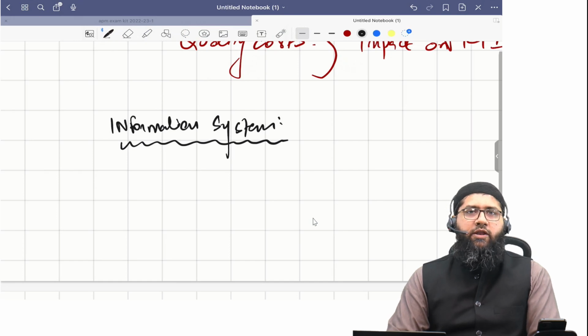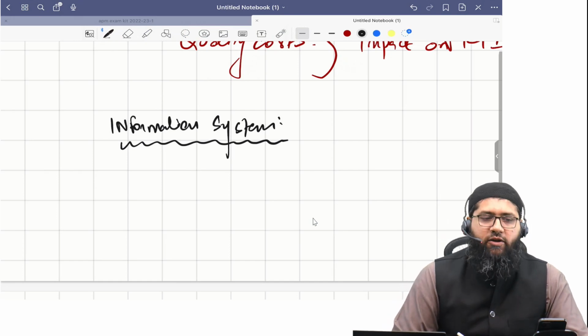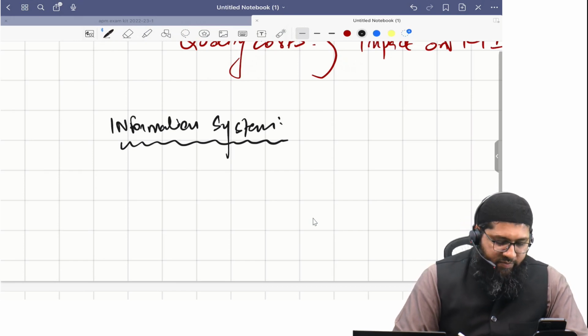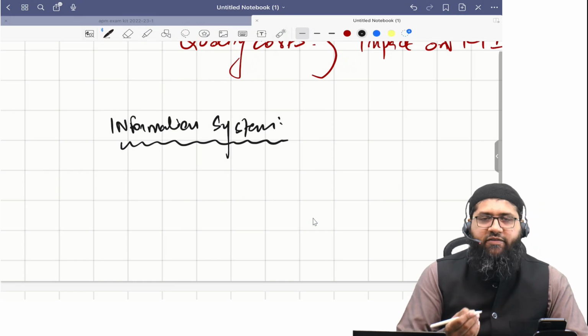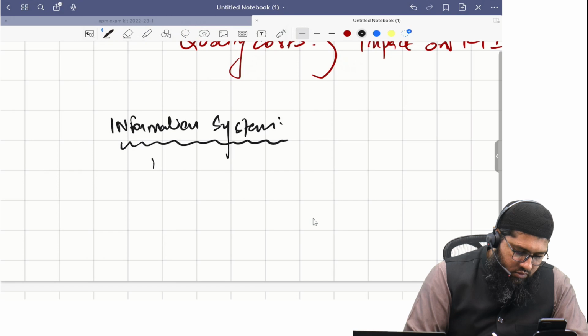When we talk about the new information system, what is it that you would do? With respect to the information system, there are things that I would want you people to understand, and that is basically the information system is a complete process of